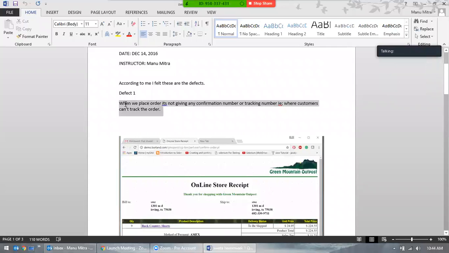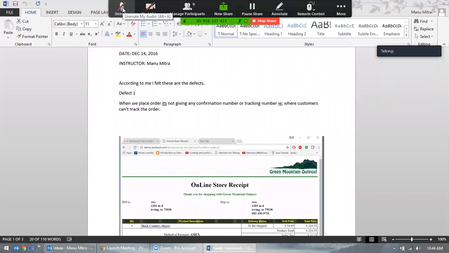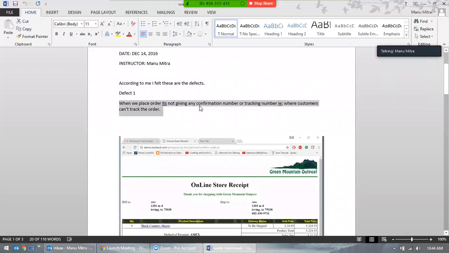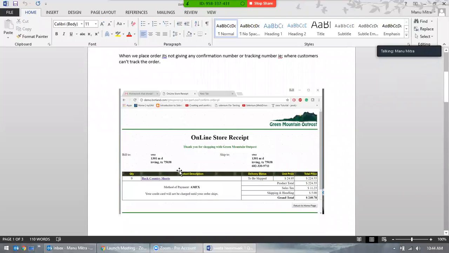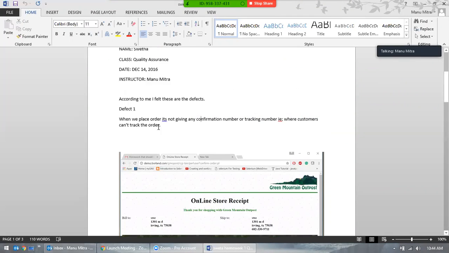As I told you, this is something like a confirmation number or tracking number. This is a feature, it's not necessarily a defect. For the time being, we take it as not available, and it should be added into the feature application. Then it would be a feature, not a defect,